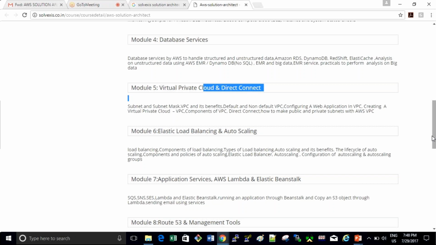See, AWS is a web service, right? You will create an account for yourself. I'll show you how to create an account, and AWS gives you a free tier option for 1 year. Whatever we are going to do in these classes, 95% of it qualifies for the free tier.